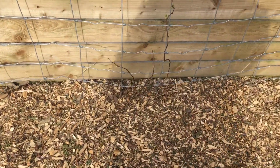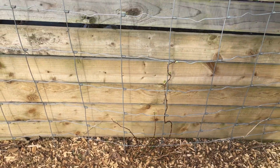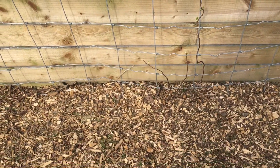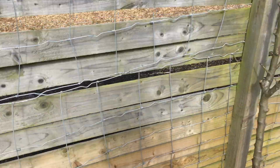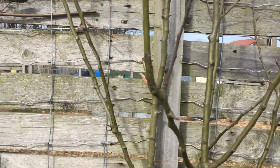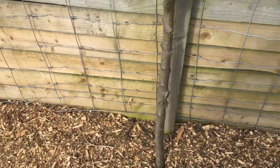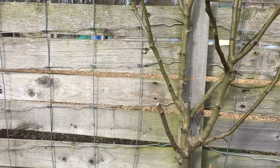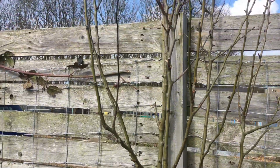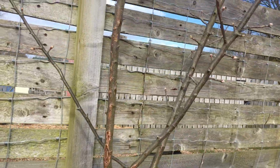There's an outdoor kiwi, I think it is, something like that. Didn't get any last year, it was smothered again by the plant I had in front of it. This is a pear, I think, which I moved last year. It died back, as you can see some of the branches are dead. Died back, so hopefully I'm going to get some off there. I might not, maybe a year after, but I took the chance by moving it. I moved this a couple of weeks ago. I'm sure there's another, either pear,